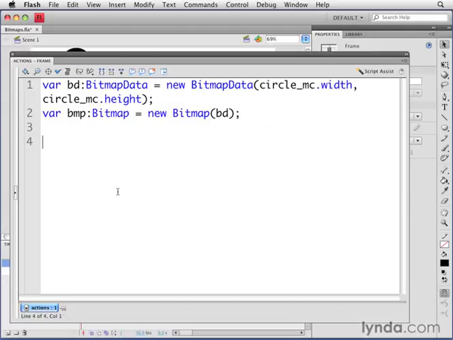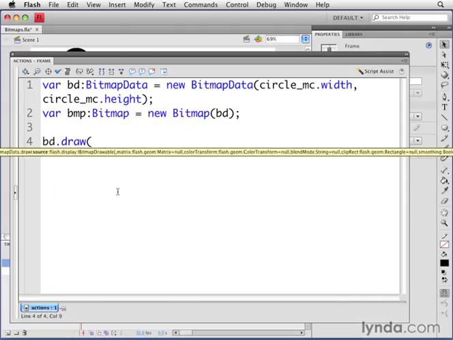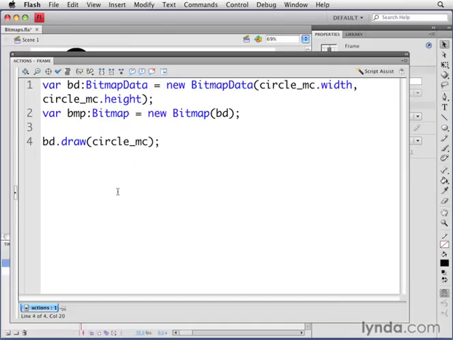And then I'm going to go down a few lines. And then I'm going to copy the pixel information inside of the movie clip circle_MC into our bitmap data object. You can do that using the bitmap data's draw method. So it's bd.draw, and then here we have to pass in any object that's drawable, which is essentially any visual object. So circle_MC. I'll pass that in there,